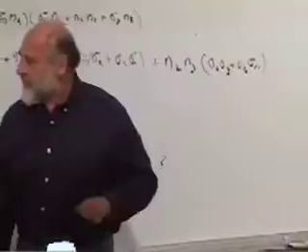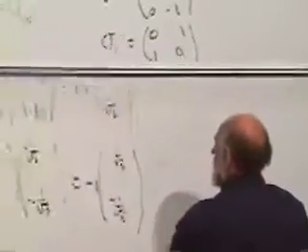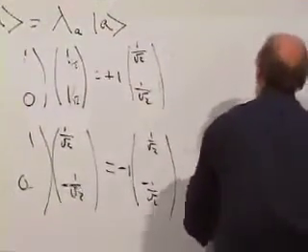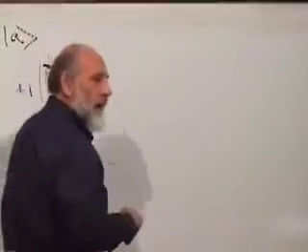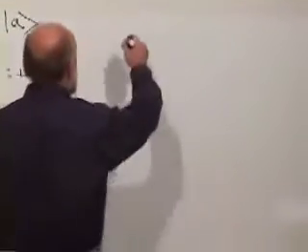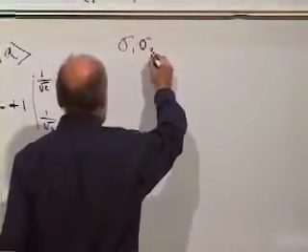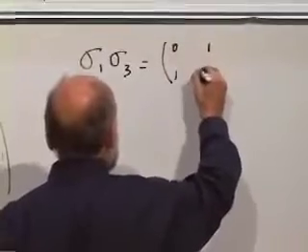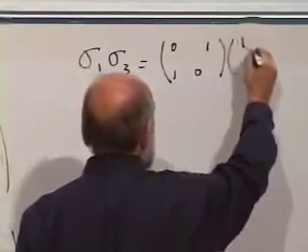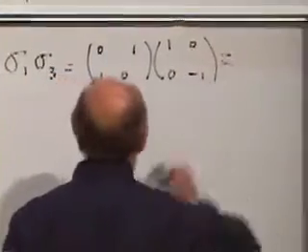We have 3 minutes. Let's do one case, one case for fun. I'll avoid imaginary numbers by doing sigma 1 and sigma 3. Sigma 1 times sigma 3, what's that? That's equal to the matrix 0, 1, 1, 0 times the matrix 1, 0, 0, minus 1. And that's equal to, let's see,